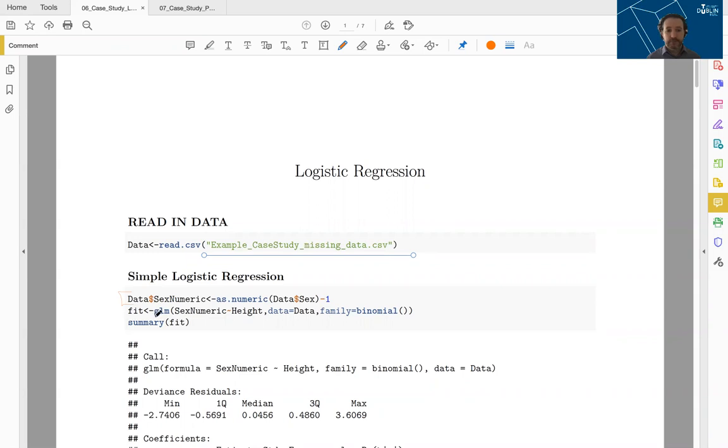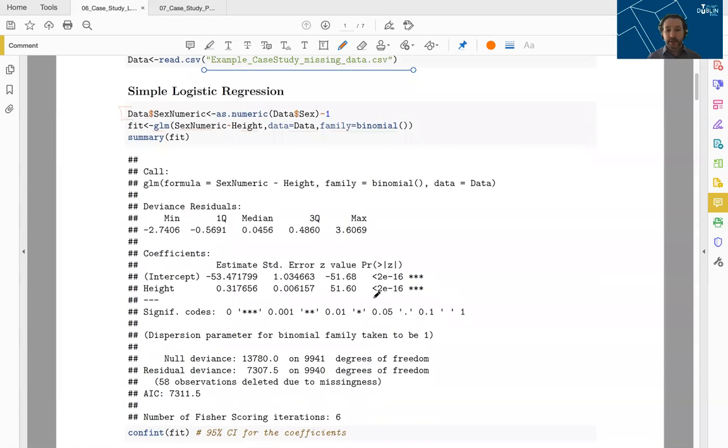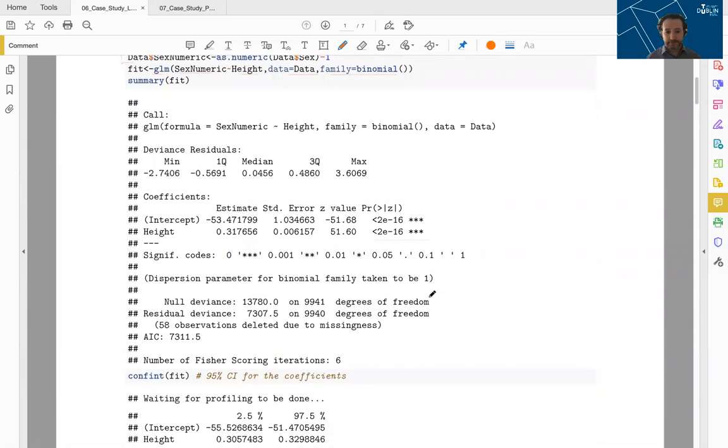Now, GLM, general linear model, predicts sex numeric 0, 1 by height, taking our data, and our family is binomial. What we see here is height is a significant predictor of the gender. Now, I'm going to leave it up to yourselves to have a look, but you'll need to learn a small bit about AIC later on to be more confident about how to compare logistic models. But for the moment,